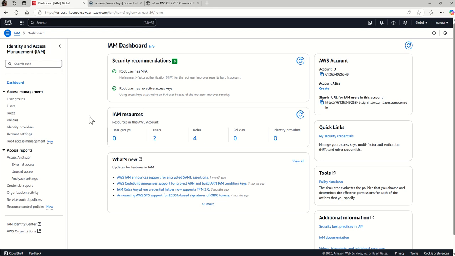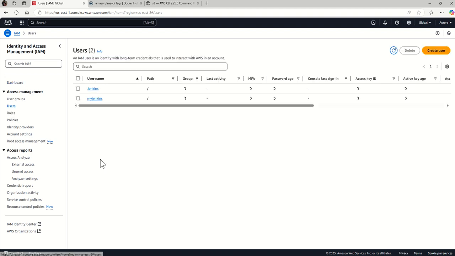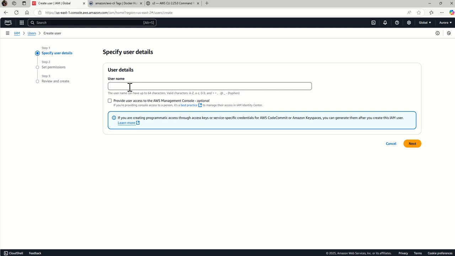This user has only a limitation, okay? It has a limitation of the permission. I don't want to give all the permission to this user. So here I click users, I create a new user, and this user is maybe